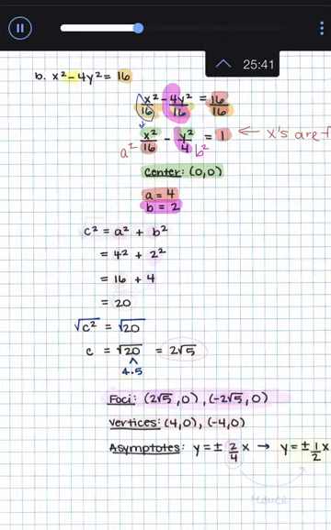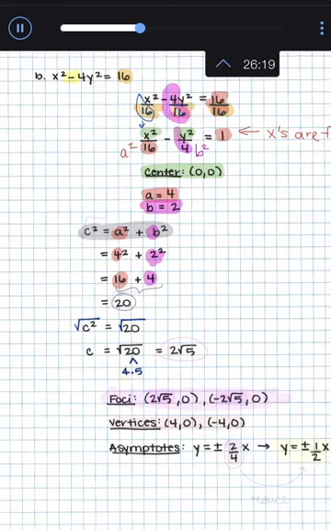I am going to need to find my foci at some point, so I can go ahead and get into the habit of doing c squared equals a squared plus b squared. Remember, if the formula has a minus, our c squared has a plus in it. It's reversed. So a, the major axis, was 4, which gives us 4 squared, which is 16. The minor axis, which was y, b, was 2 for its radius, which gives us 2 squared, which is 4. So that tells us that c squared is 16 plus 4,